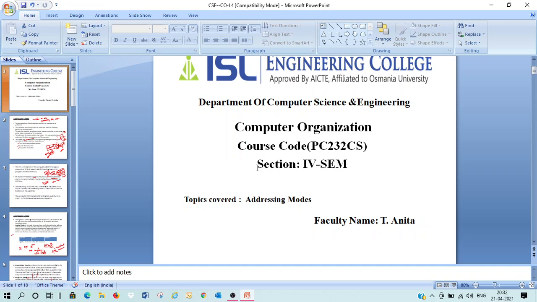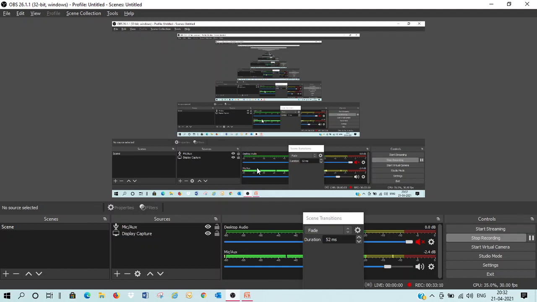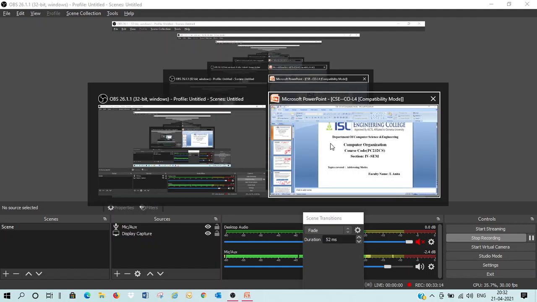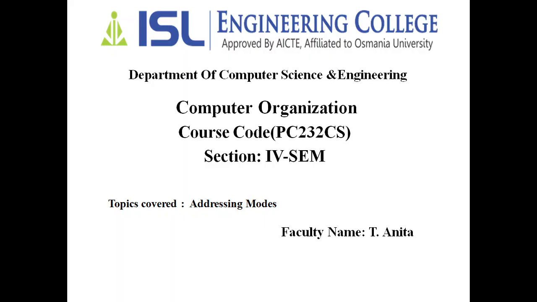So in this way we have different addressing modes, 12 addressing modes. All 12 addressing modes are very, very important. We have to learn all of them to know how the data is accessed.